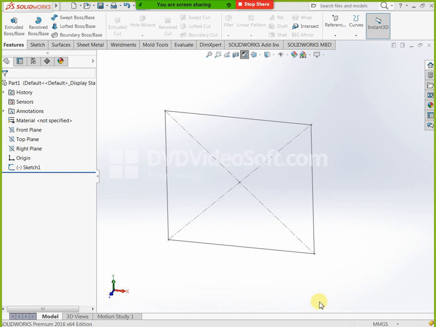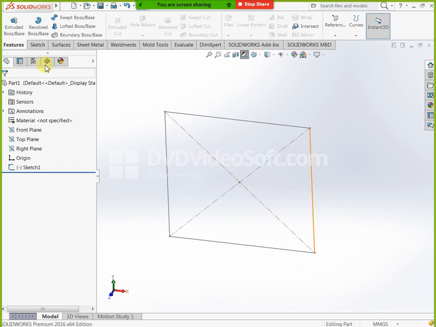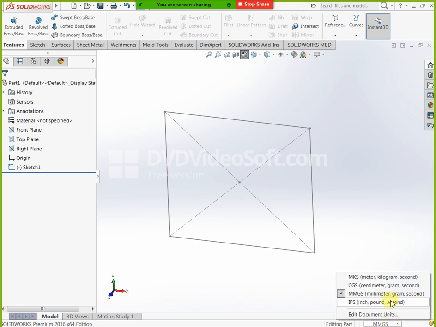See, here we have our units. This is MKS, meter kilogram second, CGS, centimeter gram second, MMGS, millimeter gram second, IPS, inch pound second. Based on your requirement you can select your unit type here. This unit is actually asked by default when you install the software.